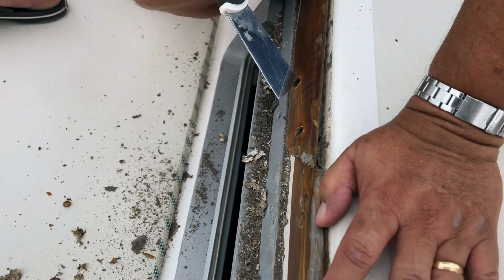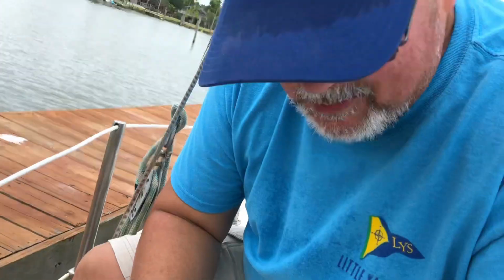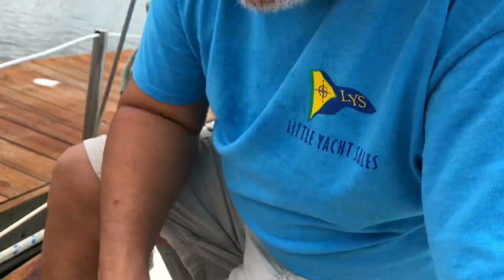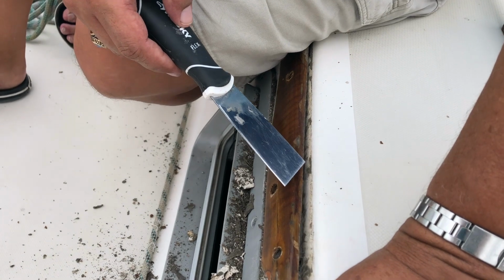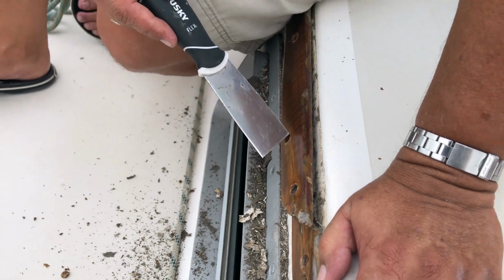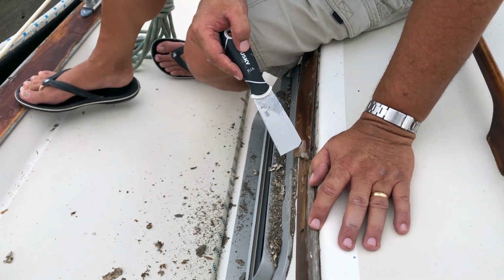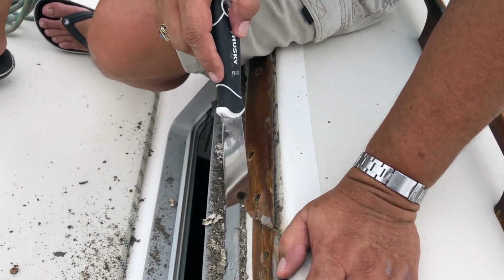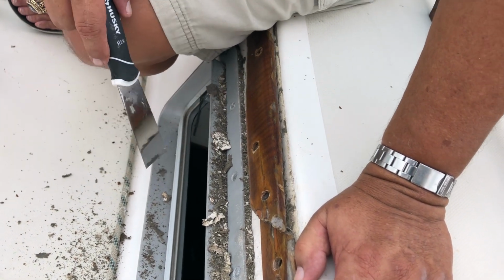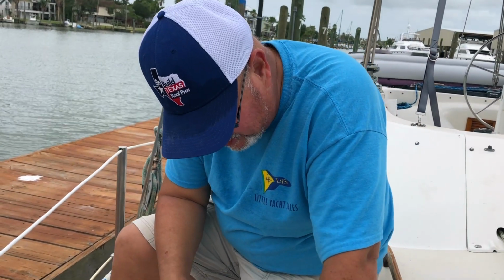So in order to just stop the leaks for now, because we're not really ready to do this, there's so many other things we want to do inside the boat, but right now we just want to stop the leaks here. The temporary fix for now is we're going to pull the screws out where it's leaking, clean up behind it as best I can without removing the trim, and then take a marine silicone sealant from West Marine and shoot it in here and try to fill the holes just enough to keep the water from going into the holes and wicking into the boat. And then when we're ready to come out here and work outside on the deck, when we're ready to do this job fully,